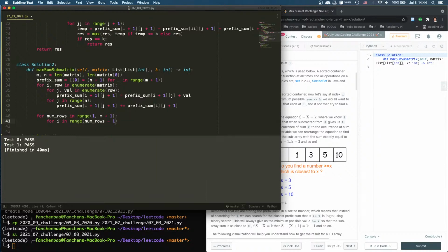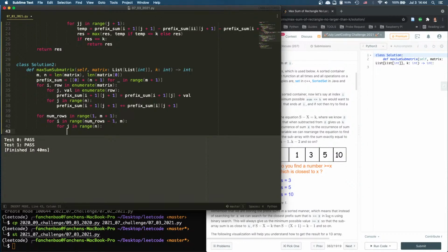Num rows minus 1 is the starting point, and then we go all the way down to the end, which is m. So that's the row, and then for j in range n,